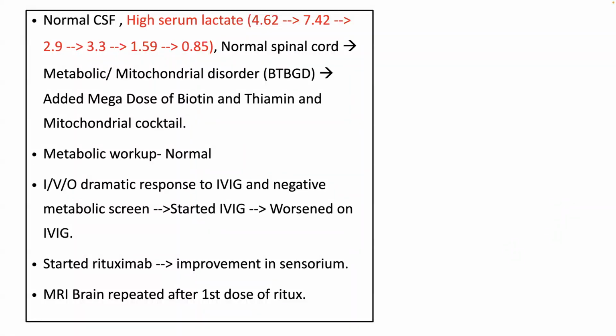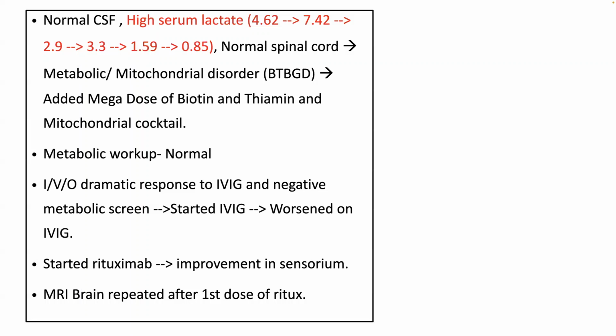Yeah. So because she presented to us with the complaint of lower limb weakness and bowel bladder symptoms, initially we thought there might be some spinal cord lesion, but MRI spine was normal. So in view of normal CSF and persistently high lactate and normal spinal cord, we thought of ruling out mitochondrial and metabolic disorders also. So we added mega doses of biotin and thiamine and mitochondrial cocktail, and other metabolic workup was also normal. And in view of dramatic response to the IVIG during the first admission and negative metabolic screen,